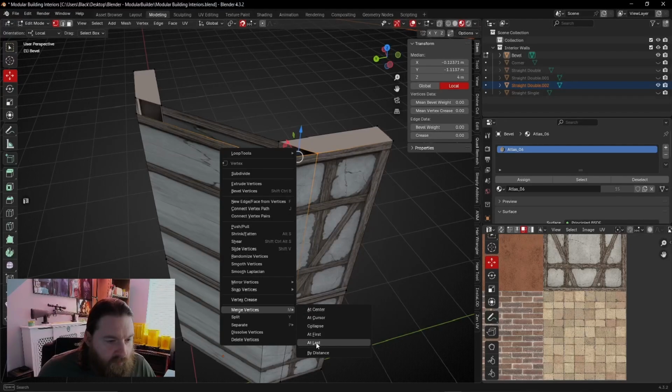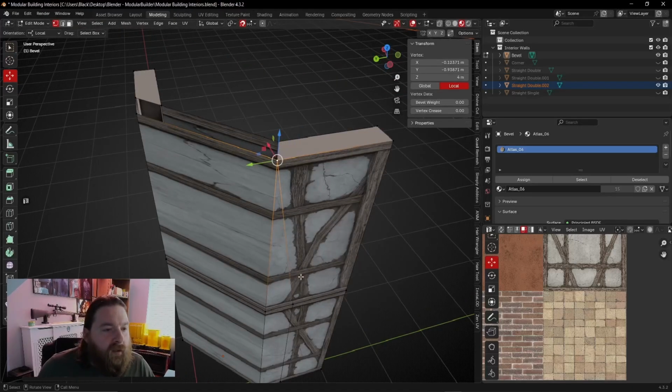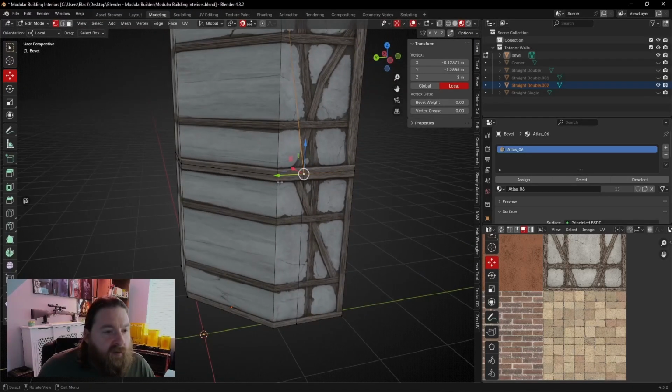And I want to go with at last. I'm actually going to add this to my quick keys, so I'm going to right click. Oh, I already have it added. Do I? Add to quick favorites. Yep, okay. Q, at last, there we go. And I'm just going to come along here and just,